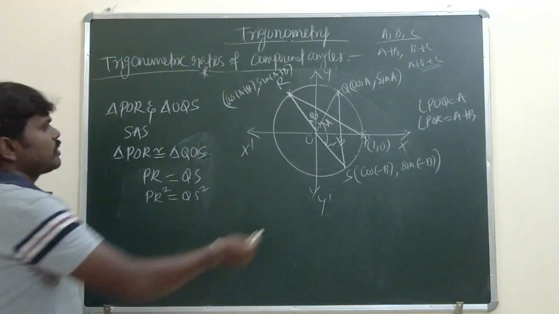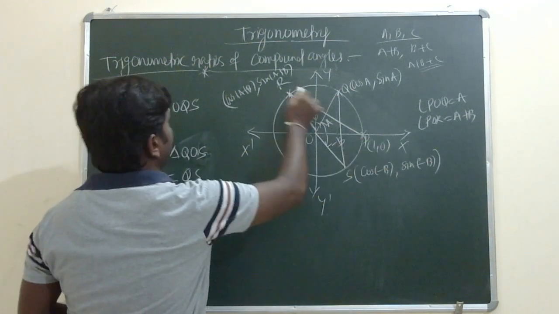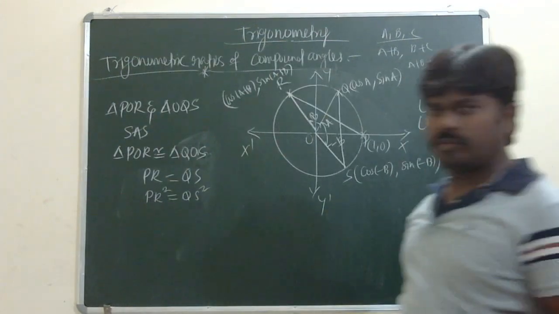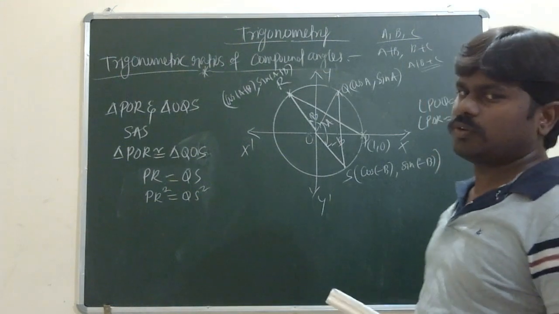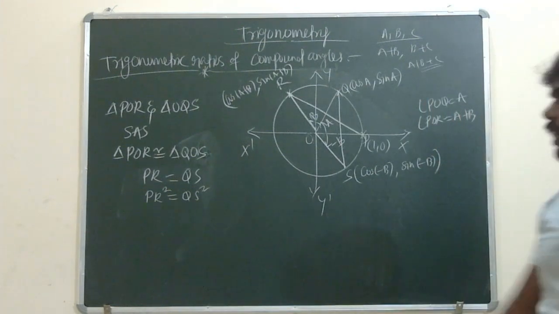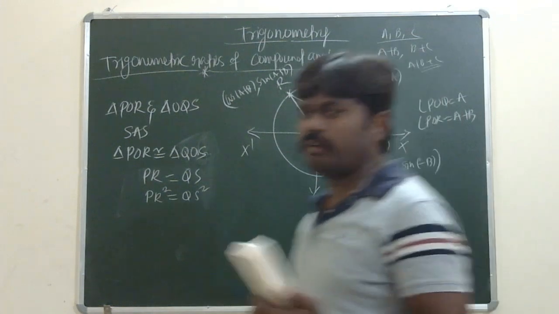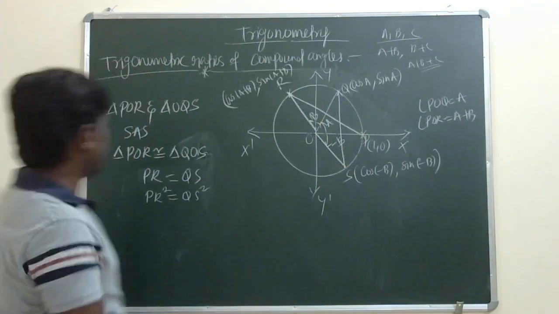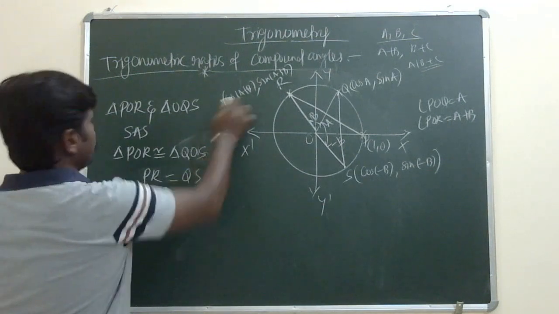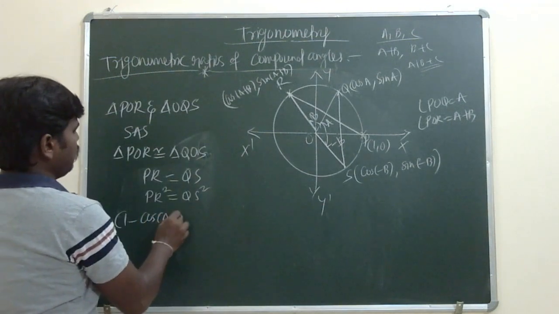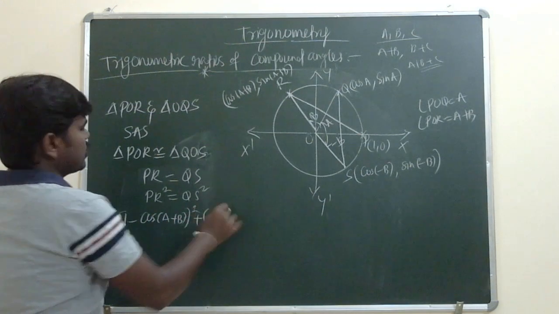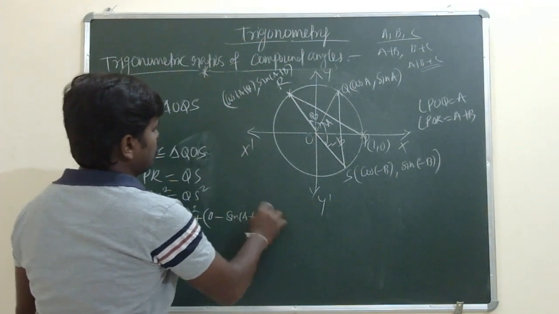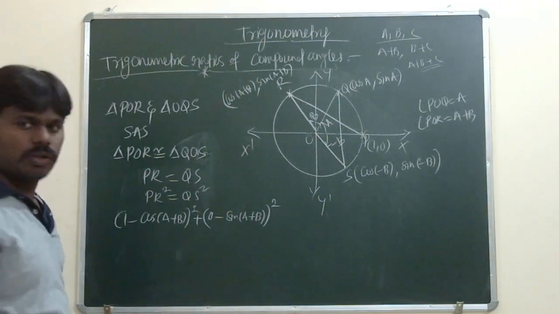Now just use these points here P (1, 0) and also R (cos(A plus B), sin(A plus B)). So what is the distance formula? It means square root of x2 minus x1 whole square plus y2 minus y1 whole square. But already we have written square. So we only have x2 minus x1 whole square plus y2 minus y1 whole square. So here x2 means I am taking 1, minus x1 means I am taking cos(A plus B), whole square, plus y2 minus y1 means 0 minus sin(A plus B) whole square. Okay, which is equal to